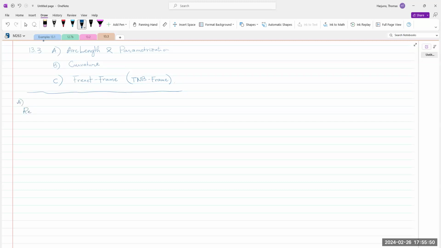our Calc 2, arc length and curvature. I'm sorry, reparameterization. Recall that in Calc 2, if we have a curve,